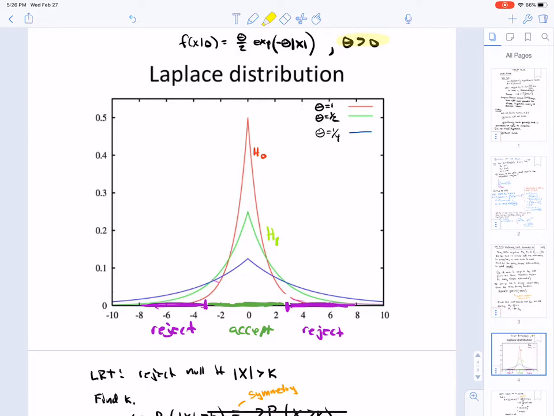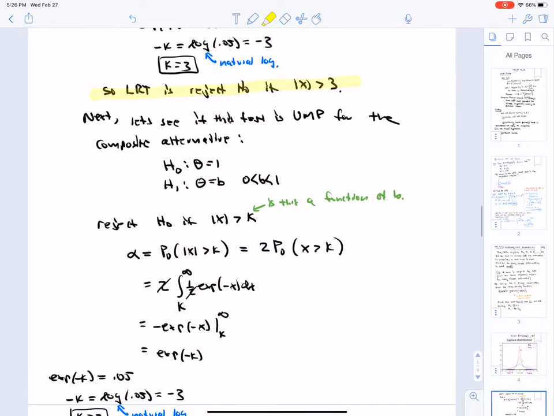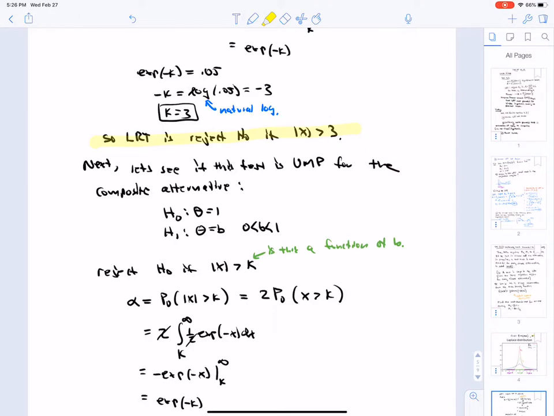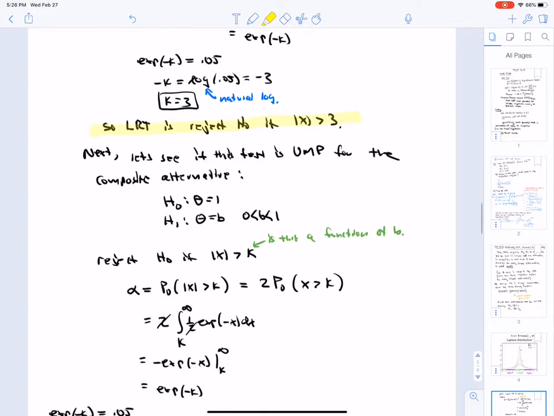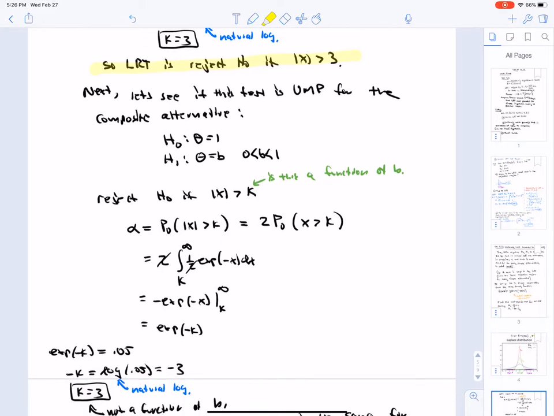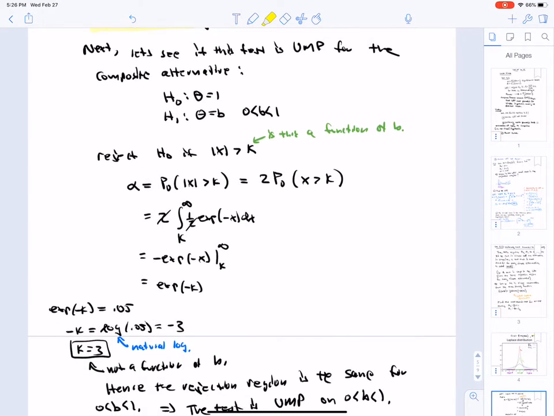So our rejection region will always be in the tails, and because the definition of alpha just involves the null distribution, doesn't involve the alternative at all, you can see that k will be exactly the same. k is not a function of b,